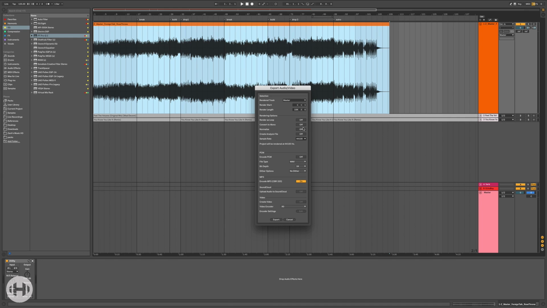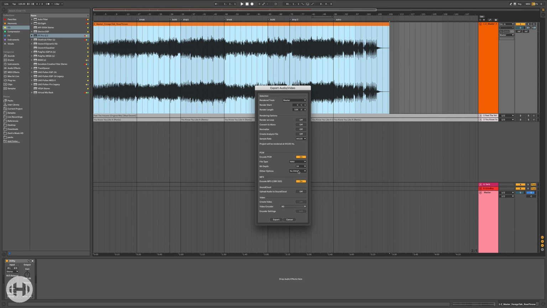You want to make sure normalizing is off. You don't want normalizing on. That kind of defeats the purpose of your limiter and your mastering. And then you're going to want to engage the PCM encoding here, which is going to give you the opportunity to do a WAV file, an AIFF, or a FLAC. I like WAV files. There's really no difference, but that's just what I'm used to. So I'll be exporting a WAV, 24-bit, and I won't